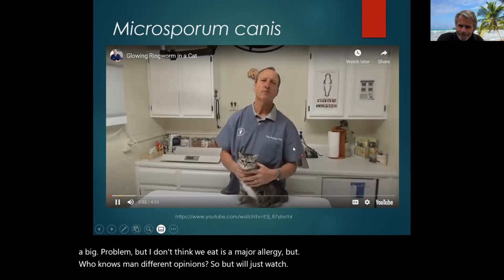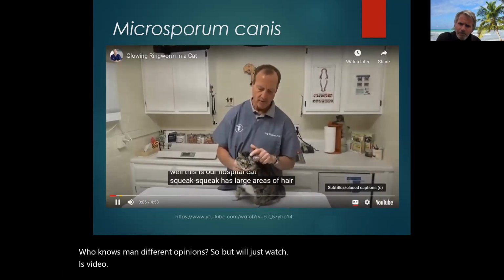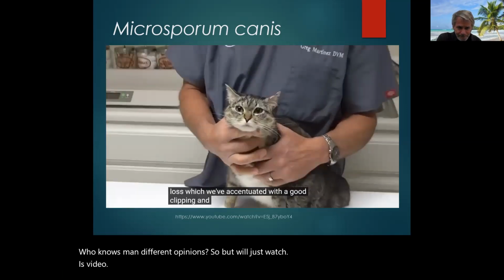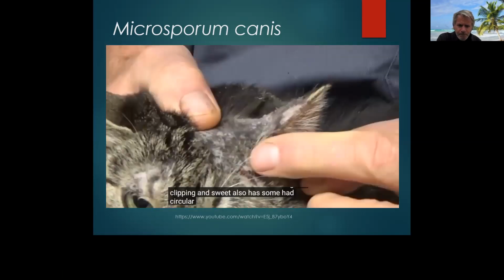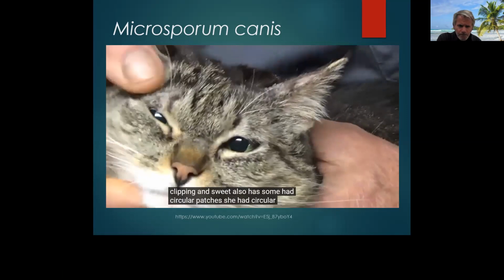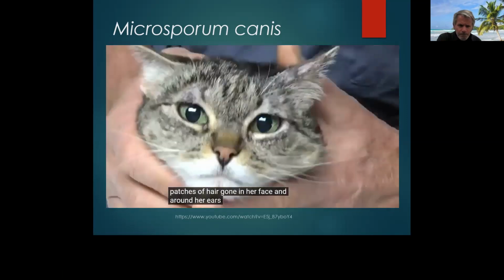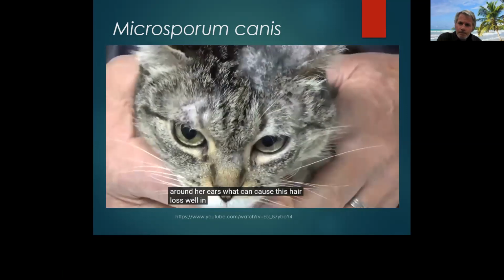Well, this is our hospital cat, Squeak. Squeak has large areas of hair loss, which we've accentuated with a good clipping. She had circular patches of hair gone on her face and around her ears. What can cause this hair loss? Well, in cats,